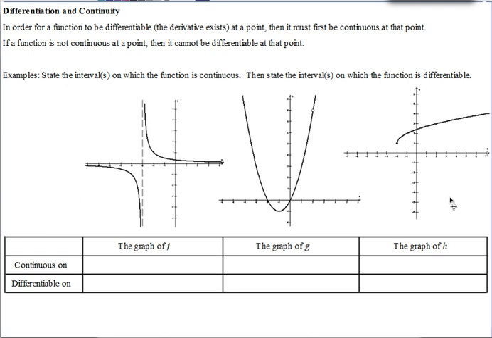These are the notes for AP Calculus on the topic of differentiation and continuity. So continuity is where a function is continuous, but to be differentiable, that means the derivative has to exist at a point. So in order for a function to be differentiable, for the derivative to exist at a point, it first must be continuous. Or another way of saying that, if a function is not continuous,